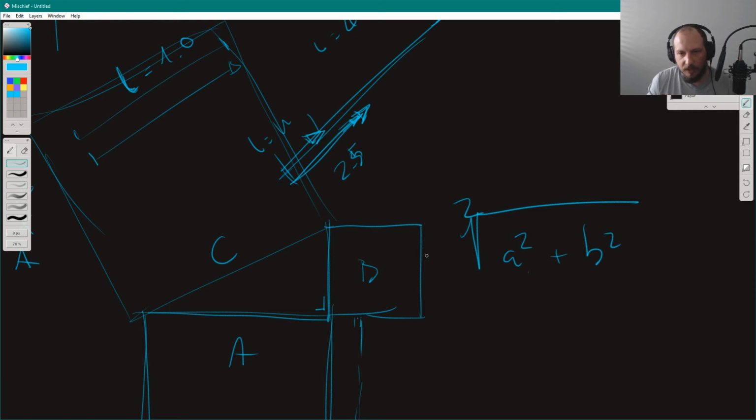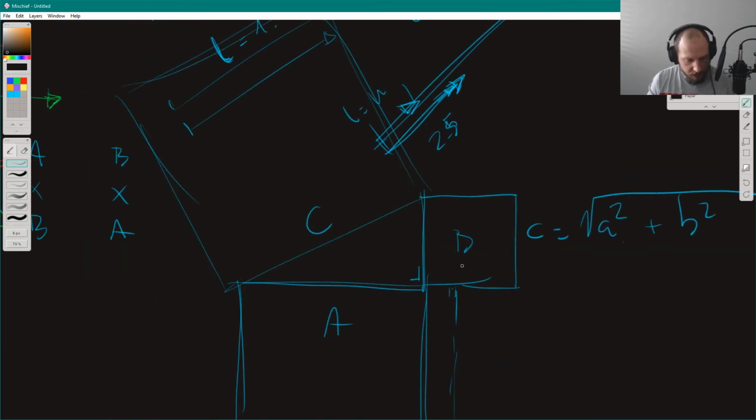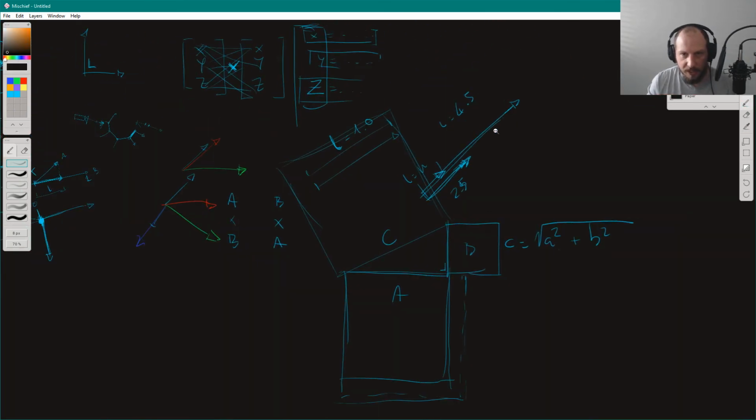So this is the Pythagorean Theorem. And when you think about it, this actually happens to work in multiple dimensionalities. So that is literally how you find the length of a vector. When you have a